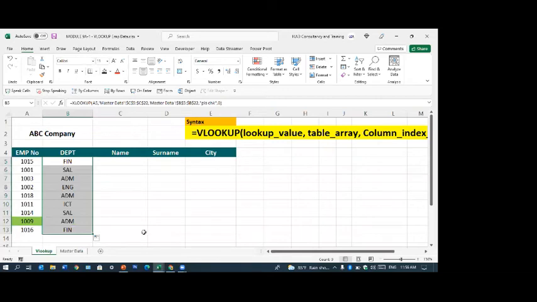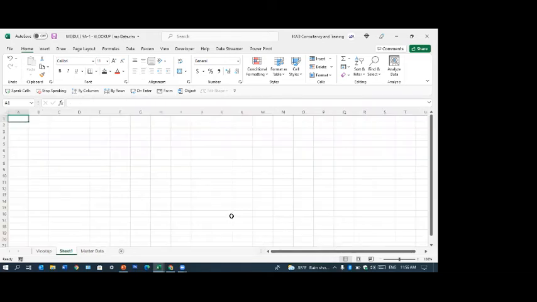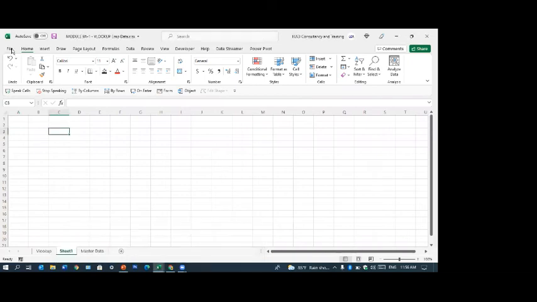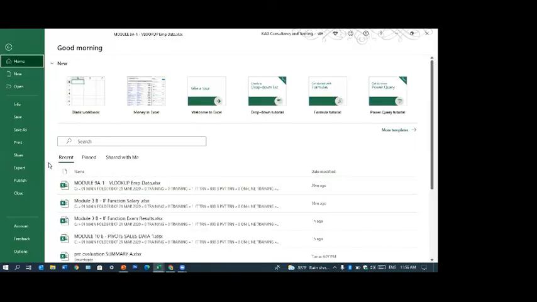I'll tell you, since we have time now, 11:56 now. Recently, one of the companies wanted something, and only then I knew how important this XLOOKUP is. They had something like this. I have one of those sample files. There was no way you could do it with VLOOKUP. You had to use XLOOKUP for that.